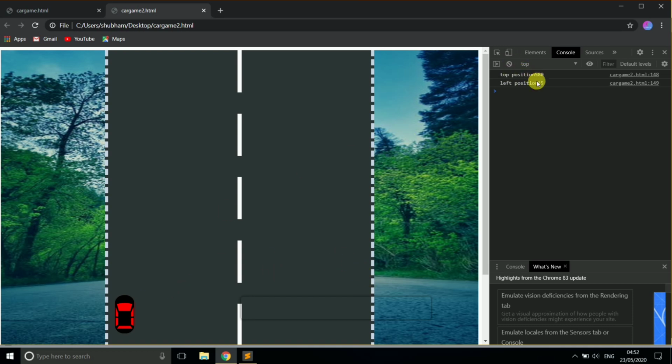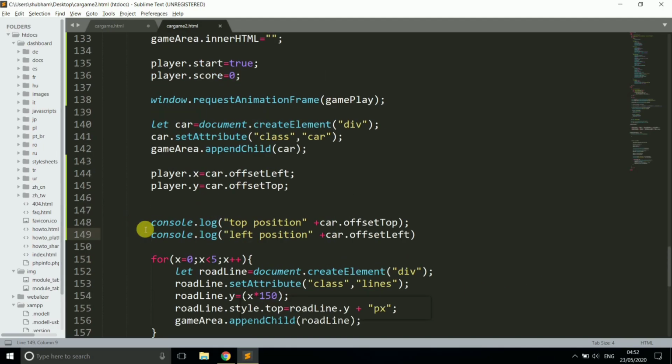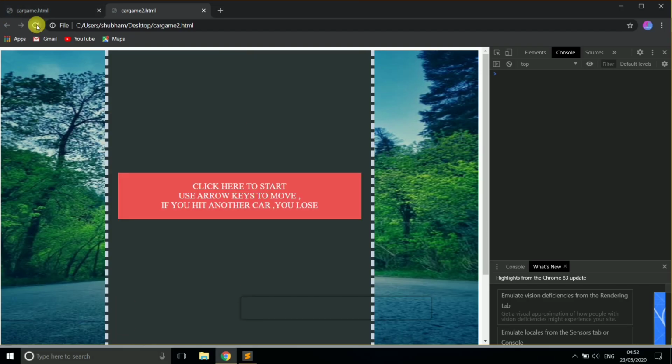Now just save this, and here you can see the top positions from the document. And now, what we need is to move our car. So just go to our code and comment out this console because we don't need it.